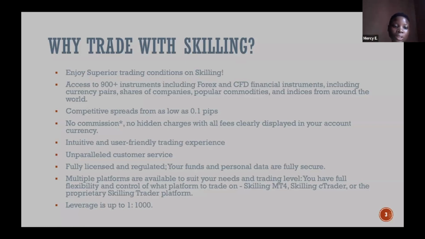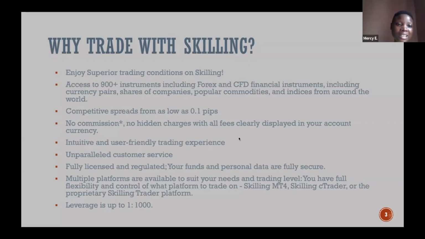No hidden charges whatsoever. The platform offers an intuitive and user-friendly trading experience. Also, great customer service, and you choose the leverage, up to 1,000, and you can choose which trading platform you would like to use. So Skilling has its own platform. That's the trading platform